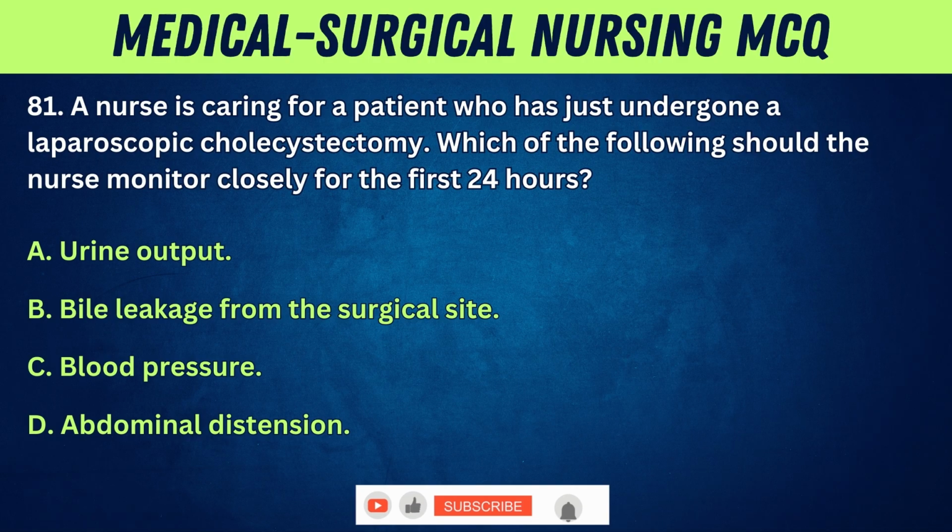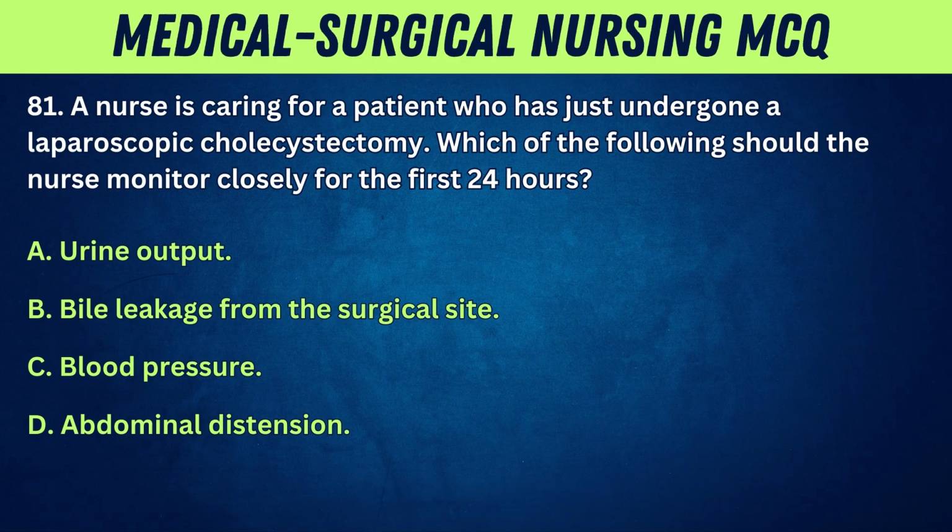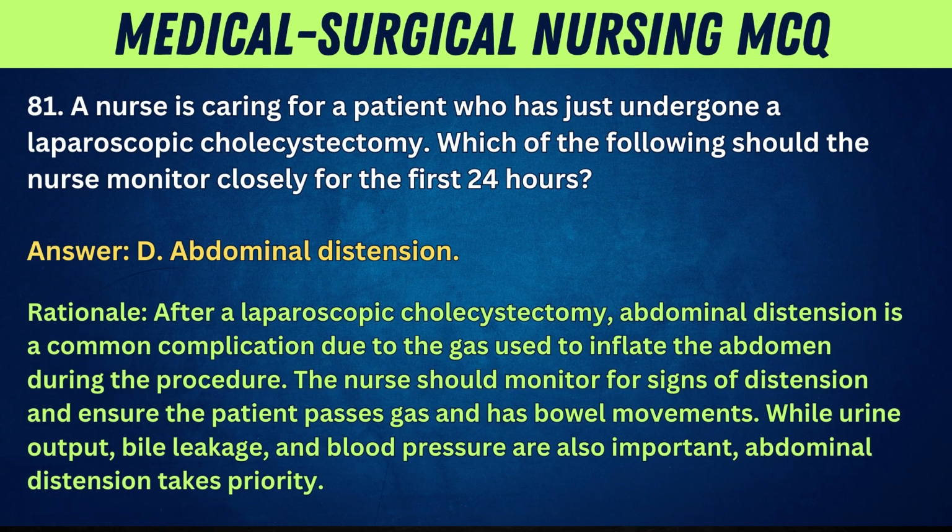81. A nurse is caring for a patient who has just undergone a laparoscopic cholecystectomy. Which of the following should the nurse monitor closely for the first 24 hours? A. Urine output. B. Bile leakage from the surgical site. C. Blood pressure. D. Abdominal distension. Answer: D. Abdominal distension. Rationale: